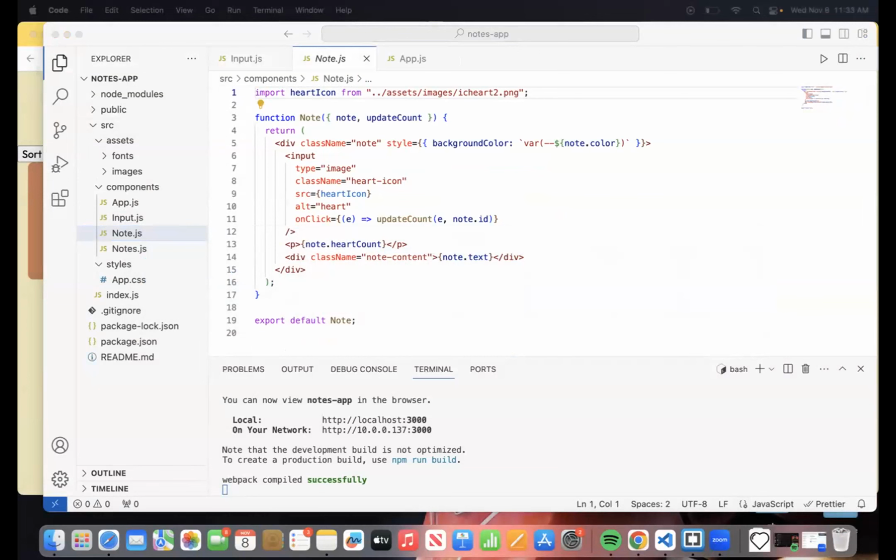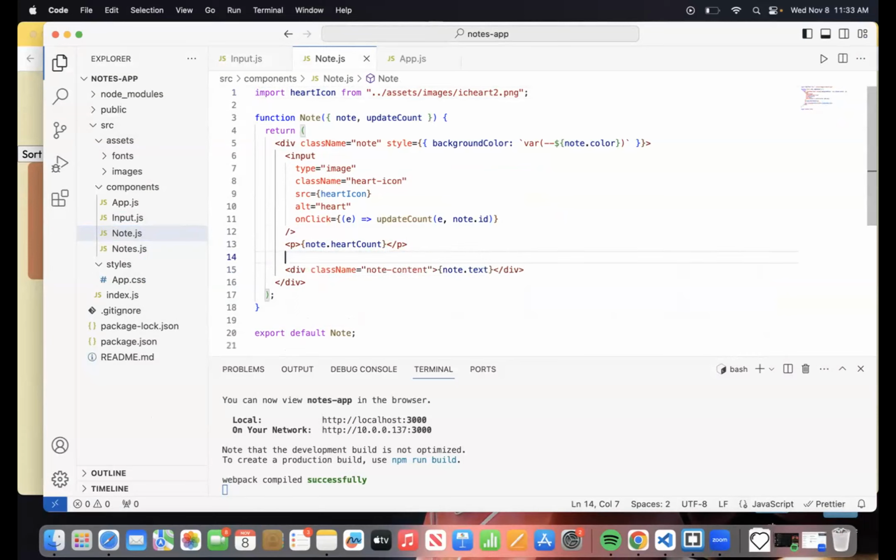So for that, let's create more of these. So we right now have node.text. So we need a same div like this for title and author. So I'm going to copy that. Change this node.text.